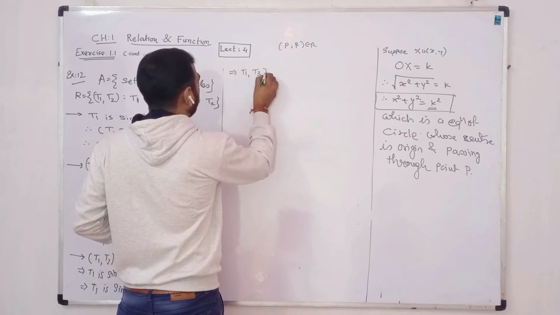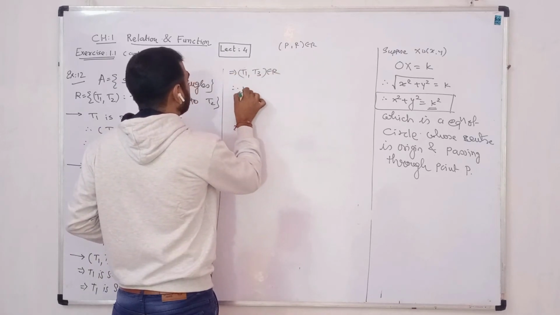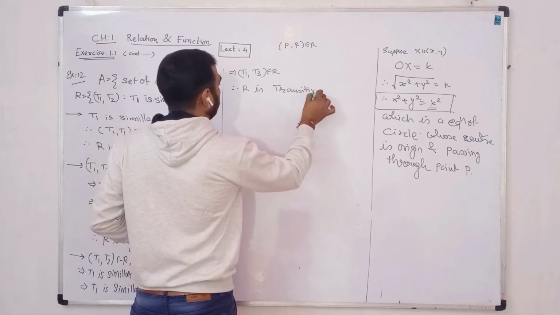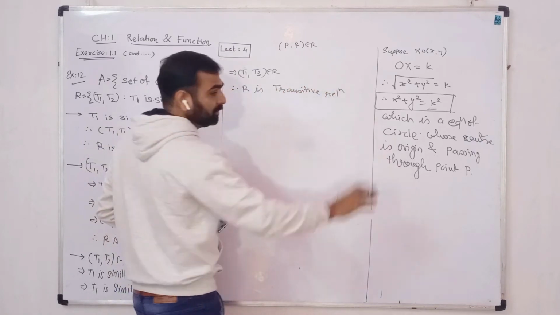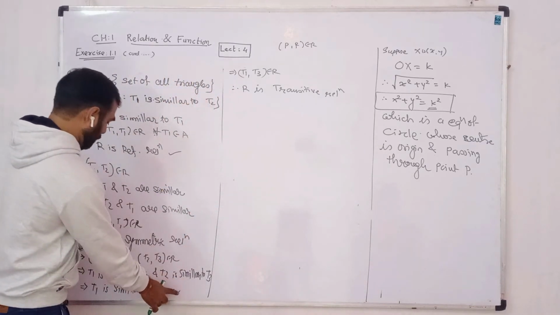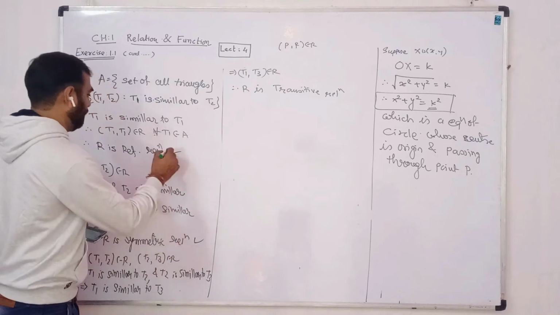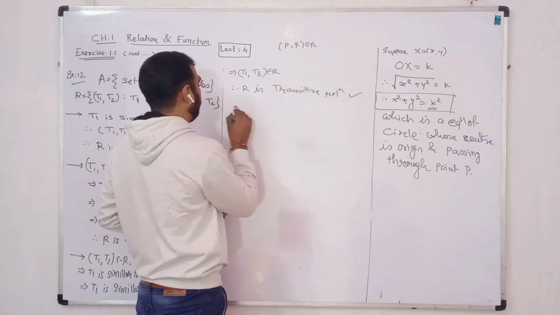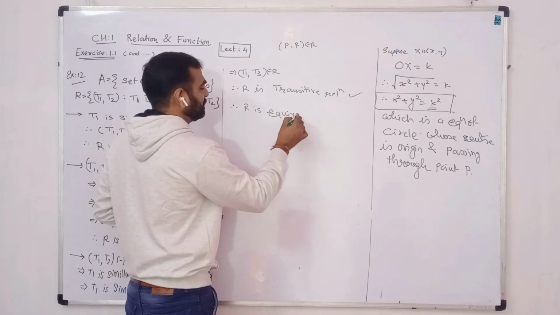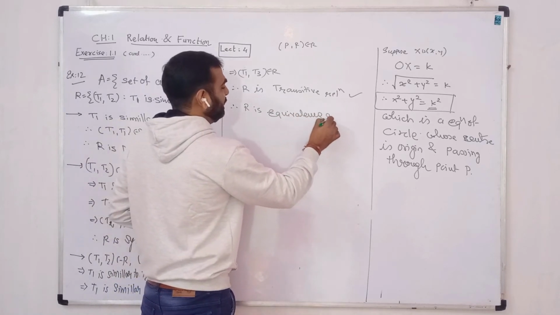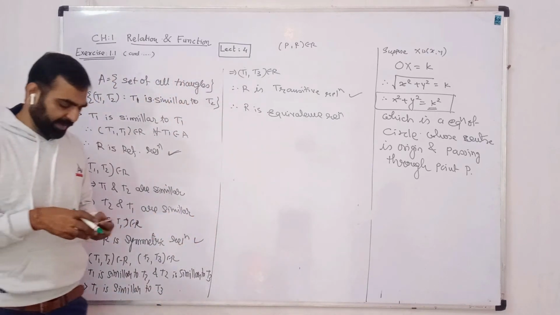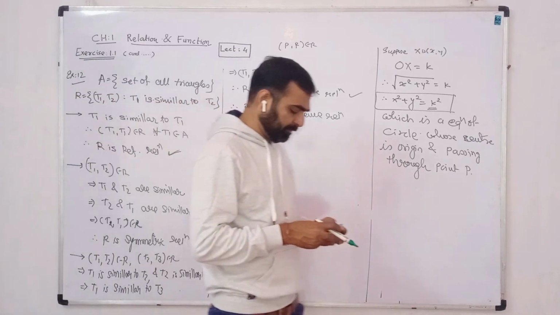So T1, T3 belongs to R. So R is transitive. R is a transitive relation. Okay, it is symmetric. Here it is symmetric, reflexive, and transitive. Therefore, we can say that R is an equivalence relation. Okay, ये तो कंप्लीट हो गया। अब आगे क्या लिखा हुआ है वो देख लेते हैं। तो उसमें